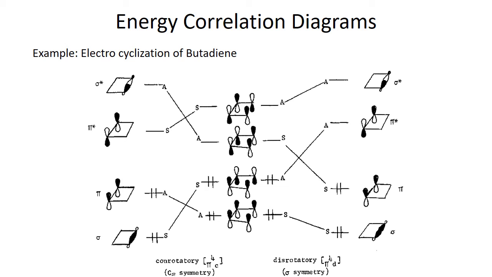In case of disrotatory, it is not feasible because we have to move electrons to pi, not in pi star. So we say that from symmetric to symmetric electrons can move, but asymmetric to symmetric they cannot move. So disrotatory is not favorable here. So what we say here is that this is a 4 pi electron system because this is butadiene. So butadiene में 4 pi electrons, conrotatory is favorable when we talk about the C2 symmetry operation. I hope it is clear now.